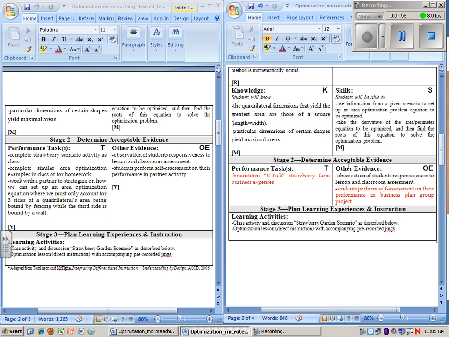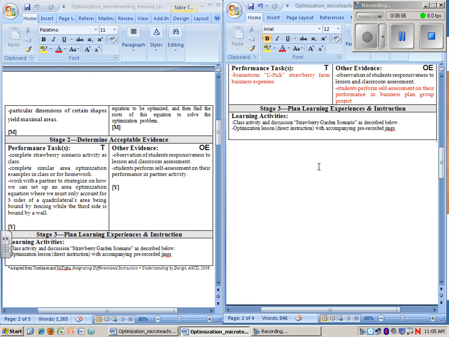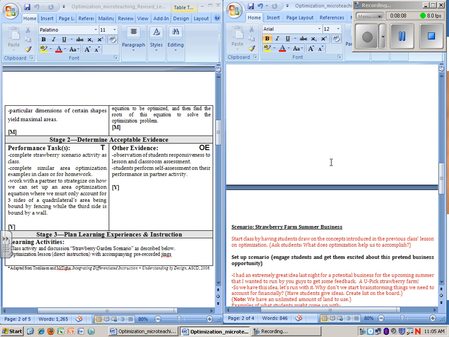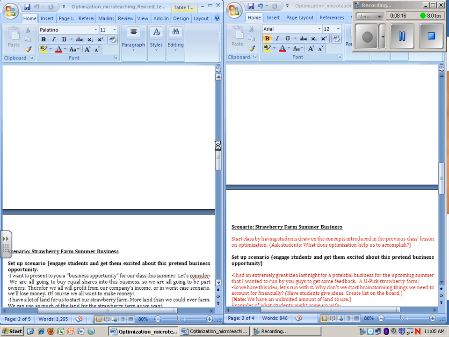Alright, so as Danielle has described, we did make changes. It looks like there's a lot of red on the right here when I scroll down, but the basic premise for the lesson is still pretty much the same. We really liked the idea so much so that we wanted to turn it from just a class or two into an entire project.